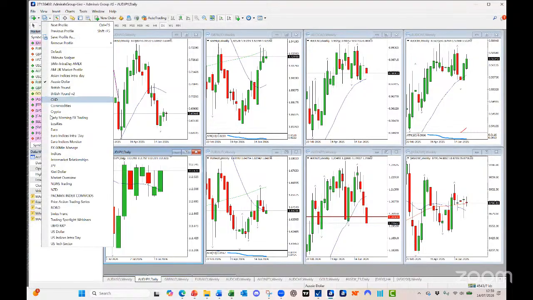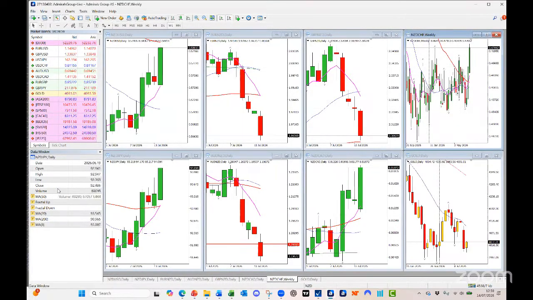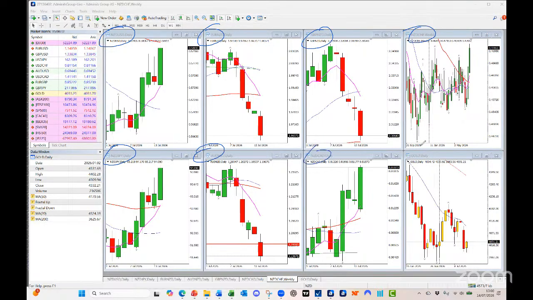Let's have a look at the opposite. We're going to have a look at Kiwi dollar, and then sterling. If we look at Kiwi dollar, as I said, we've seen some strength going on there recently. So this is Kiwi dollar, Euro Kiwi, Pound Kiwi, Kiwi Swiss, Kiwi Yen, Aussie Kiwi, Kiwi CAD, gold. So bang, as we said, Kiwi against dollar has strengthened considerably.